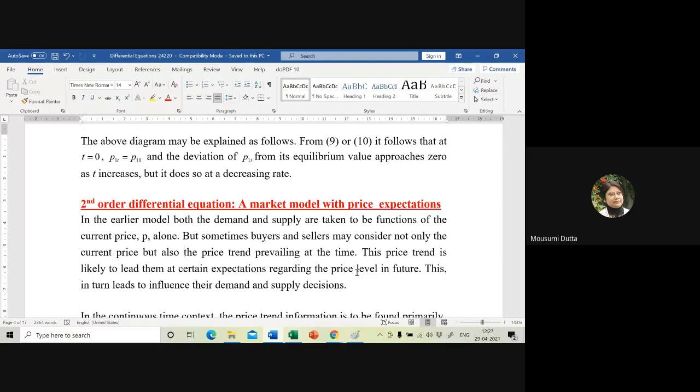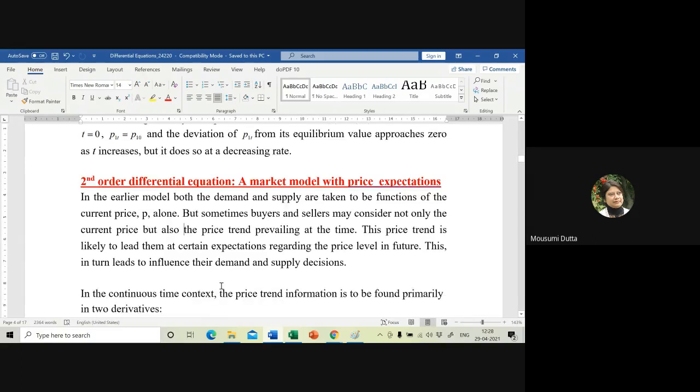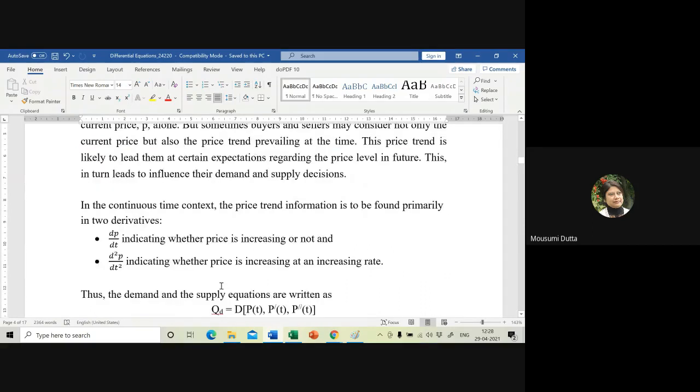Apart from the commodity market, there are bond markets, and in the share market too, things happen in this way. We look at the price trend for the last few years. That may be 20 years, 10 years, or even 50 years. So in the continuous time context,